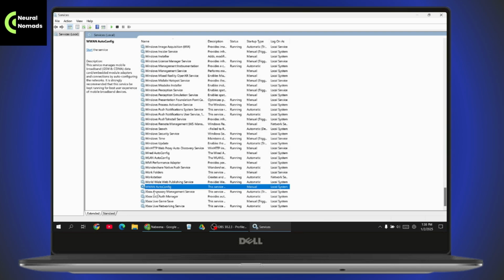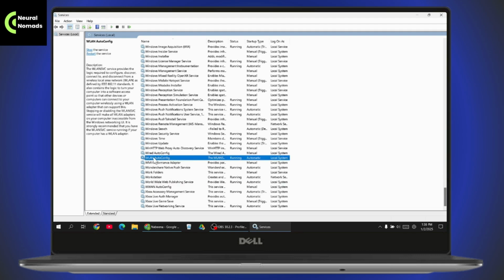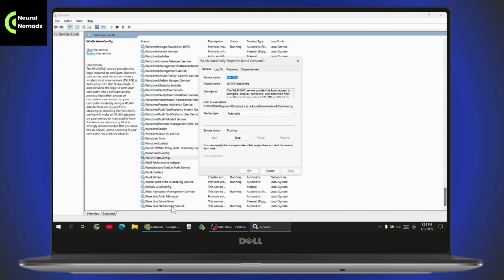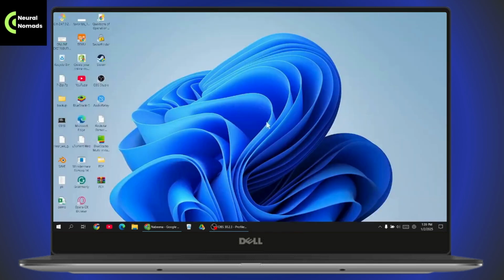Once you're done with WWAN, now you just need to simply go with WLAN and then right click on it and go with properties. And again, make sure that your startup type is automatic, and then start the service and apply and OK. And if that still doesn't fix your problem, then the last solution is you just need to